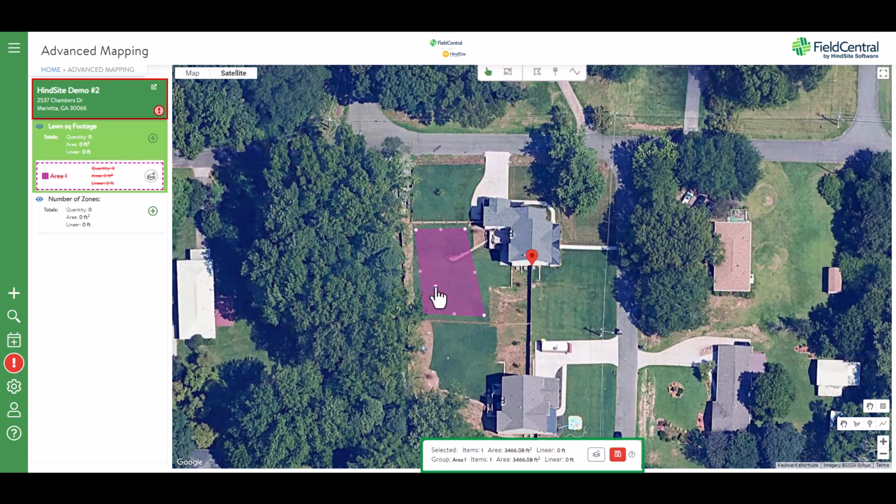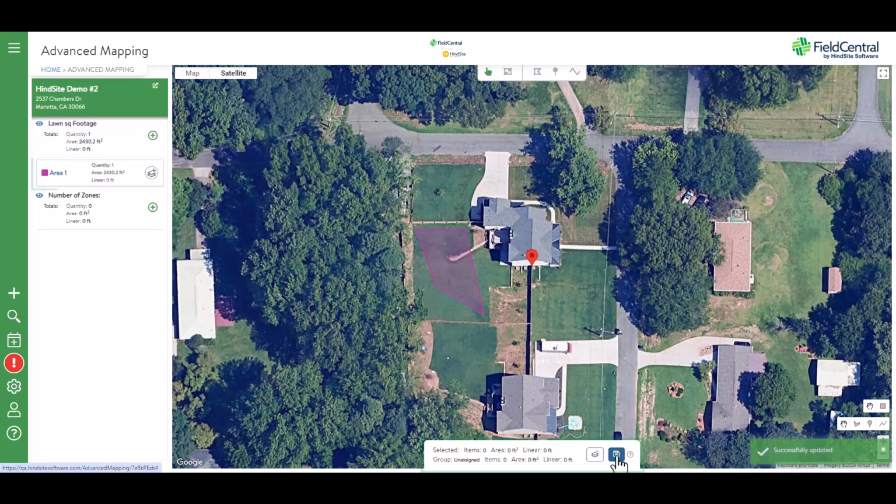You will see the warning icons that the measurement has been calculated, but it is not yet saved. In order to save, click the red Save icon on the bottom center of the map. If measuring more than one subsection, each subsection will need to be saved before moving on to the next in order to not lose the information calculated. Once the Save button is clicked, the red warning messages will disappear, confirming that the measurement has been saved.